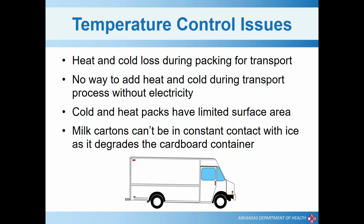So when you are transporting food, there can be many issues regarding temperature control. You do come up with some temperature loss during the packing process. There's not a way to add heat and cold during the transport process without electricity, and that's usually a lot harder to do. Cold and heat packs have limited surface area, so even though you put those in there, they may not be enough to keep it. They might keep it warm enough that it feels good to your mouth,